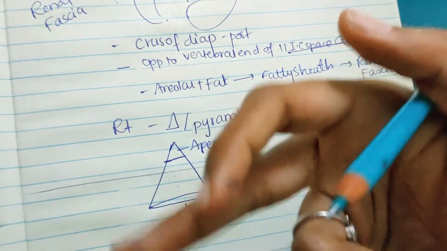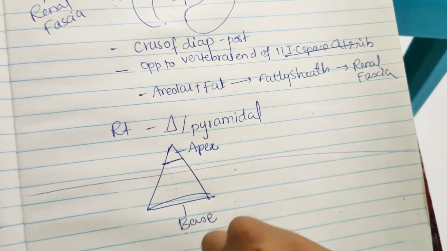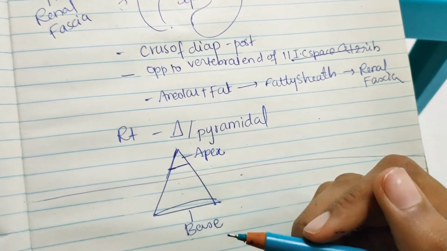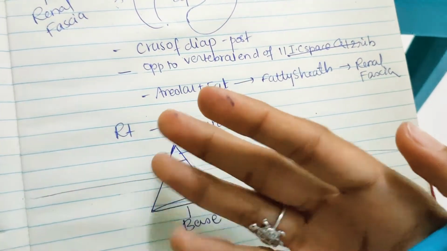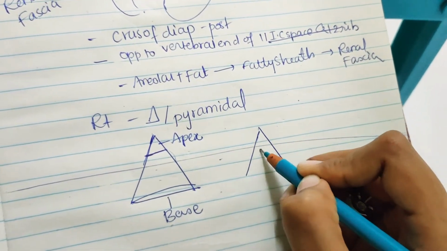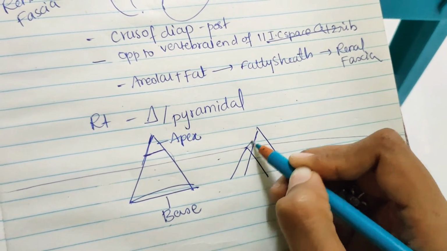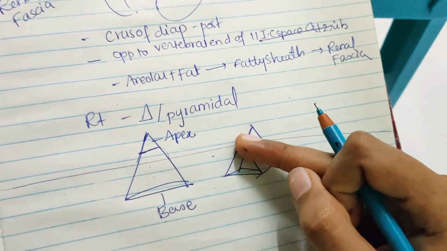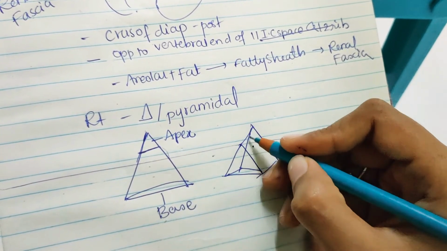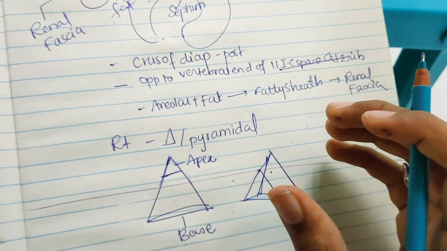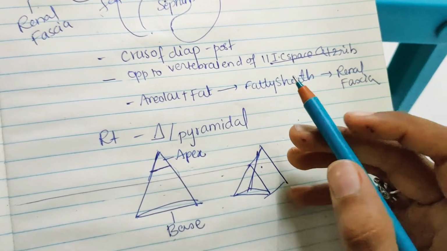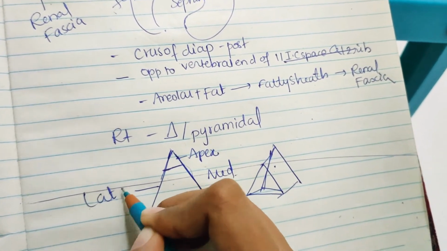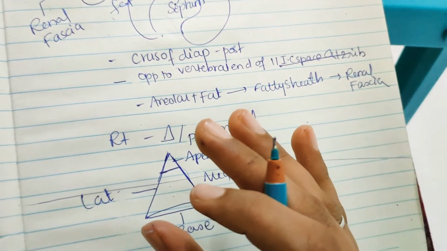One is the anterior surface, and on the back side you will have the posterior surface. It has three borders. One is the anterior border, and the other is the posterior border, which will be on the back side. If you imagine this as a 3D image, this will be the anterior border and this will be the posterior border. There will also be a medial and a lateral border. This side will be the medial border, this side will be the lateral border. I will show the original diagram.